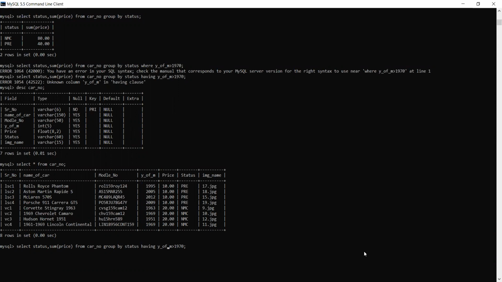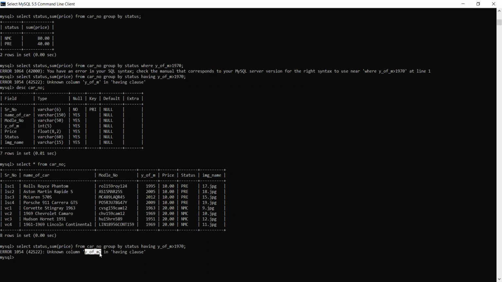Select, group by status and having y underscore of underscore m greater than 1970. And it is giving unknown column y of m. I'm writing something wrong. Table name. It is giving unknown column.